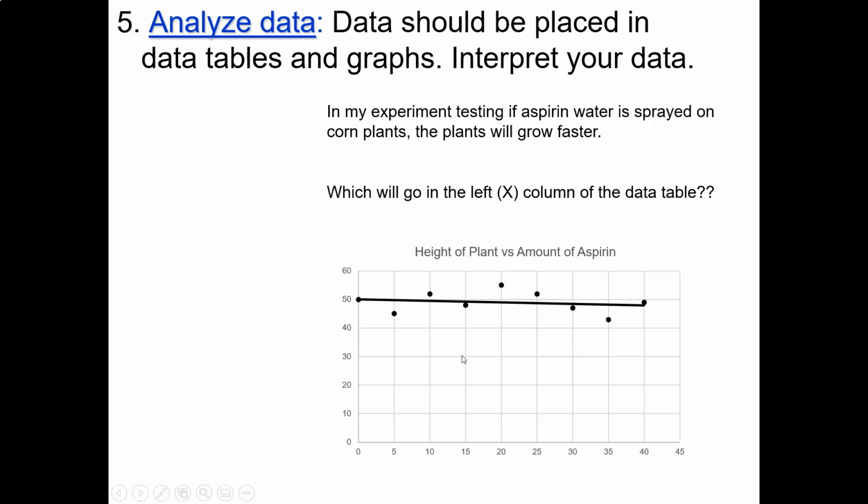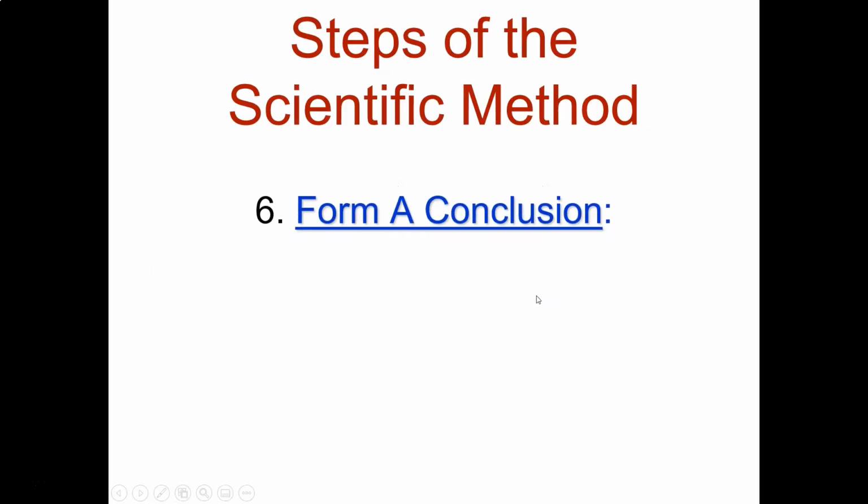What would I conclude from this? Well, it doesn't really look like the aspirin had any effect, and if it did, maybe a slightly negative effect on the growth of the plants. But certainly it did not make them grow any faster. You would say it's either no result or slightly negative result. Okay, so